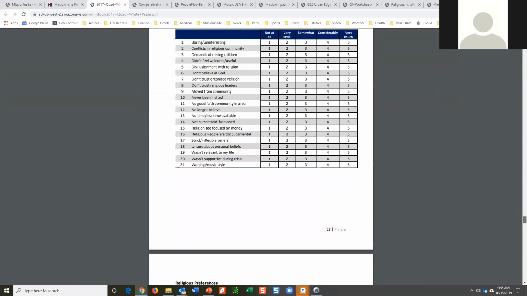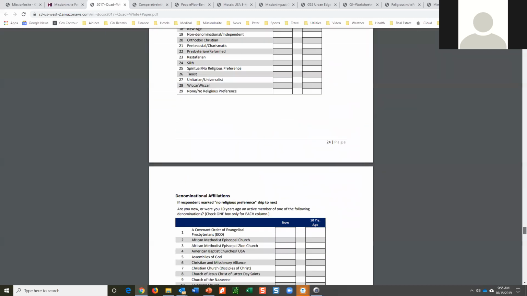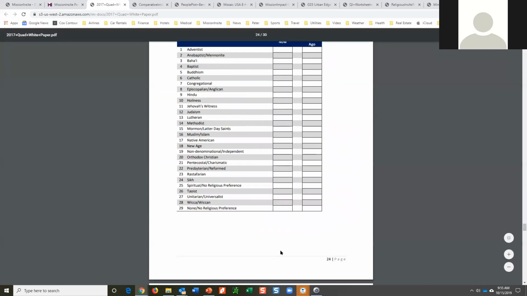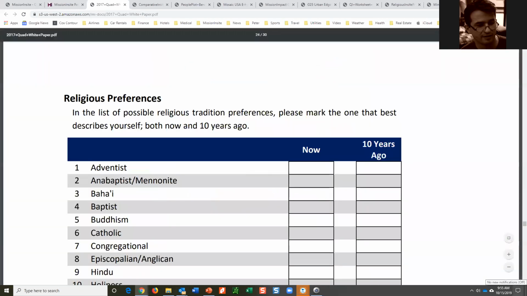So there were religious preferences as well as denominational preferences. And here we got none, no religion, and so the detailed report also includes selections for these categories. Is that okay? Thank you.